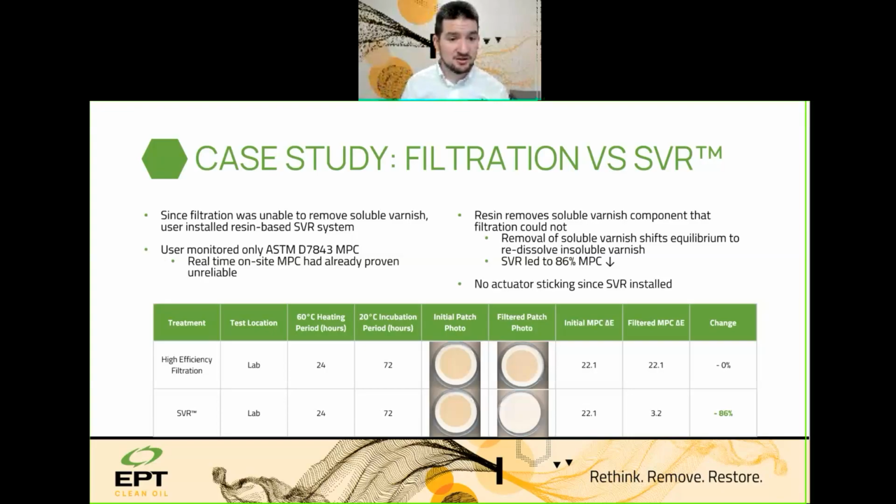When there was no soluble varnish left, it doesn't really matter how long you let the oil sit. It does not matter how cool the oil gets. There's no soluble varnish left, so you don't reestablish that equilibrium with the insoluble varnish on that patch. So at the end of the day, an SVR filtration skid on this system was able to improve the varnish potential by 86%. And the most important